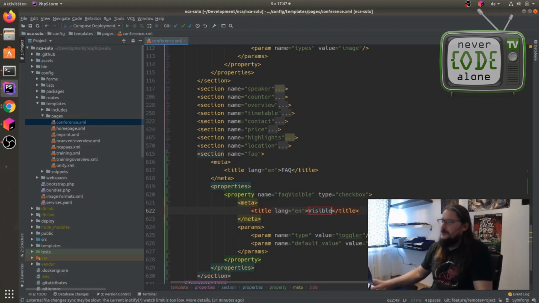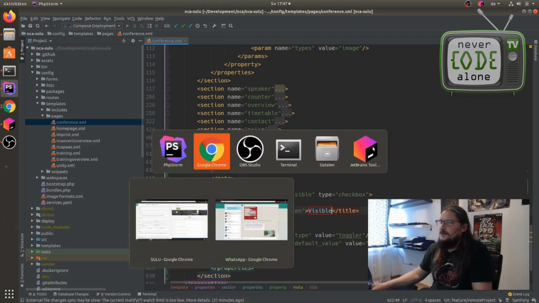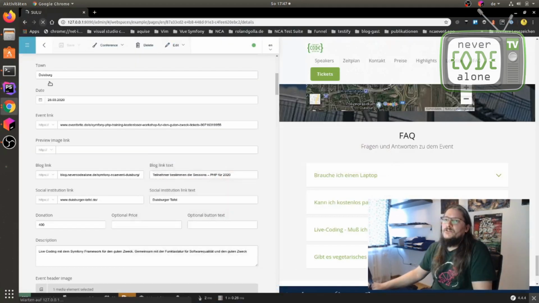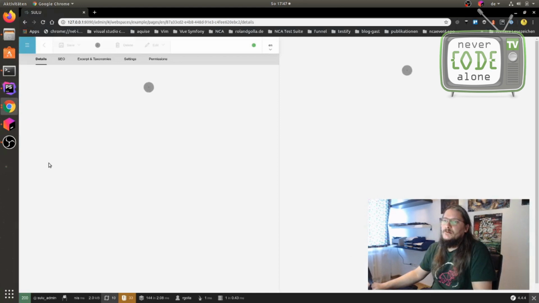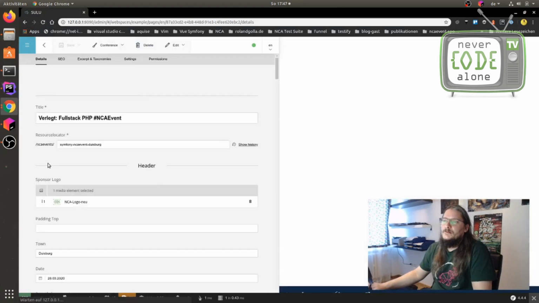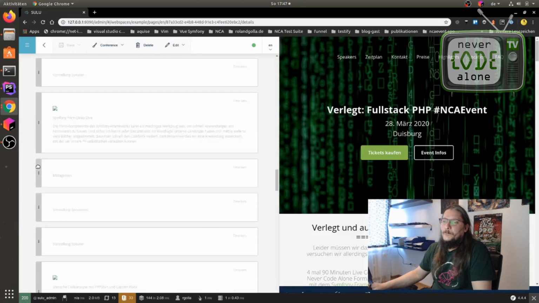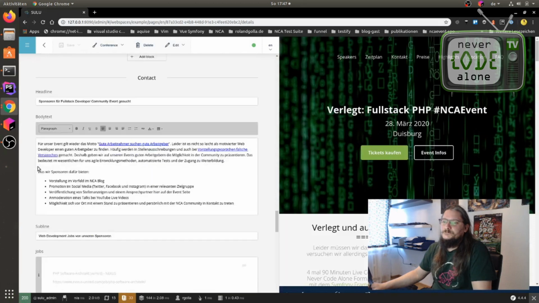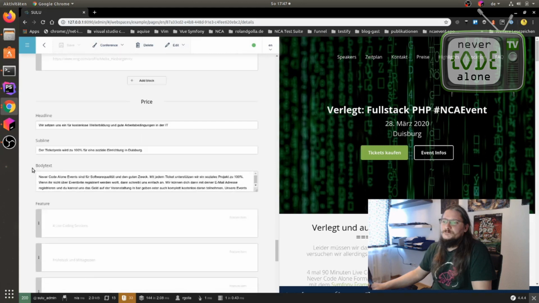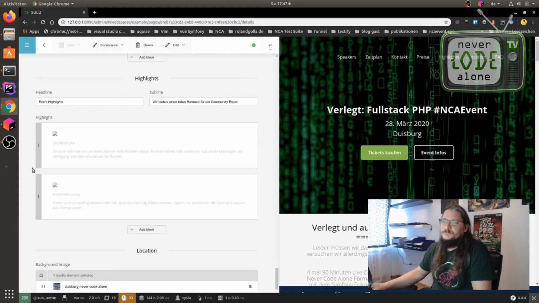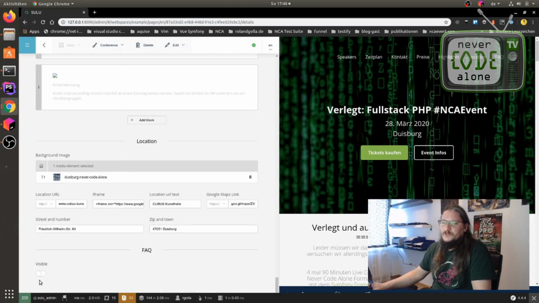Okay, and now when I reload this here, I have here the FAQ visible button. So for now the work is finished on this configuration file.